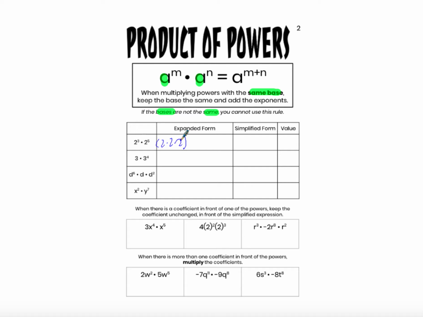2 to the third is 2 times 2 times 2. 2 to the fifth is 2 times 2 times 2 times 2 times 2. That is 2 times 2 times 2 times 2 times 2 times 2. That will remind you that 2 to the third times 2 to the fifth is 2 to the eighth. You are adding the exponents, but if you forget that rule, you can go ahead and recreate it for yourself